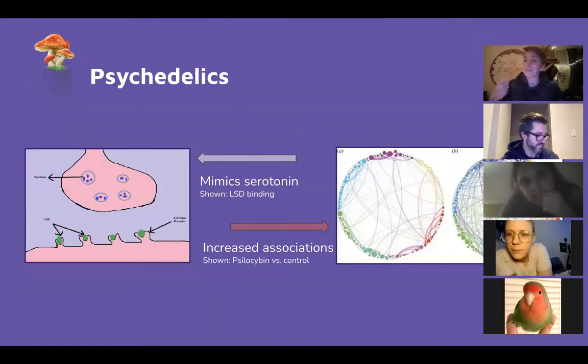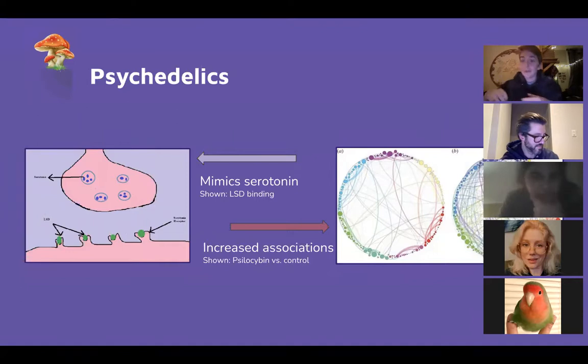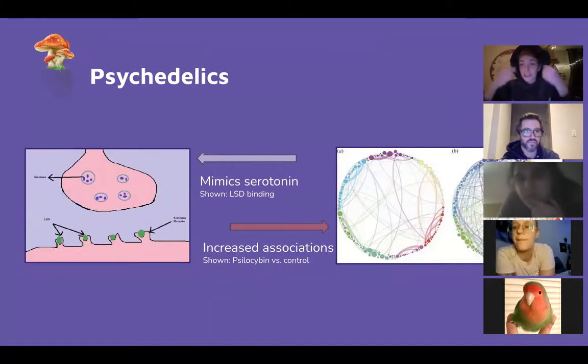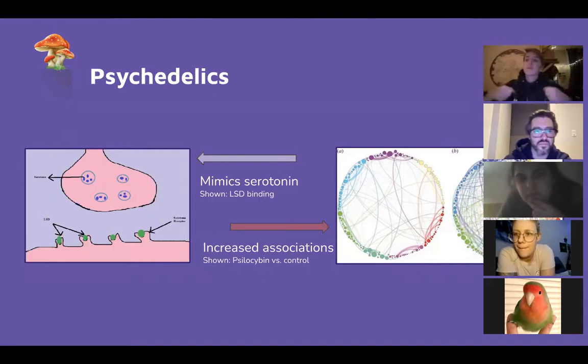So LSD mimics serotonin. It emulates the shape of serotonin in the brain so it can stick itself in there and do what serotonin does. But instead of popping out of the hot dog receptor like serotonin usually does and floating away, it wraps itself in the receptor. It pulls the receptor over its head like a blanket and just hangs out there for a while. And that's one of the interesting things about LSD.